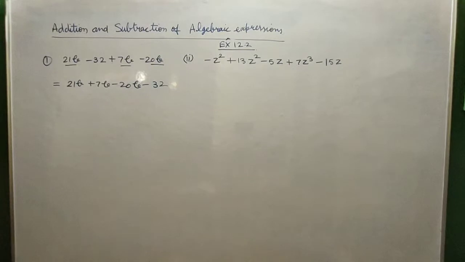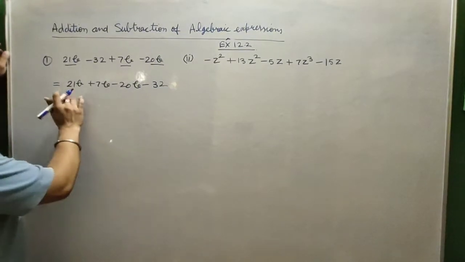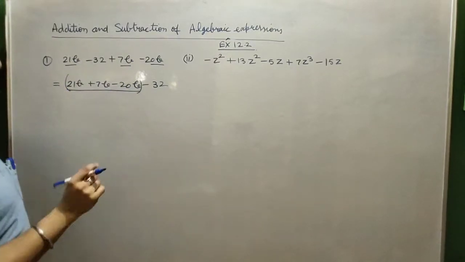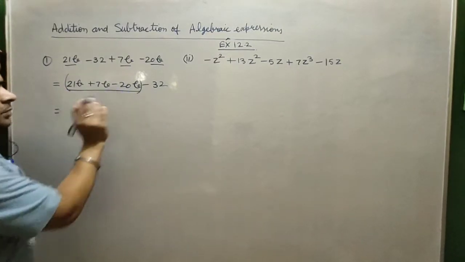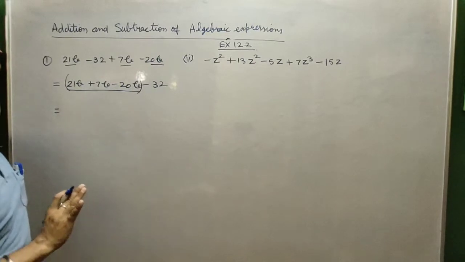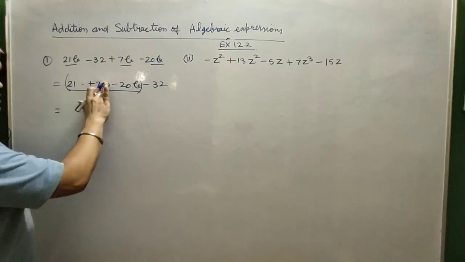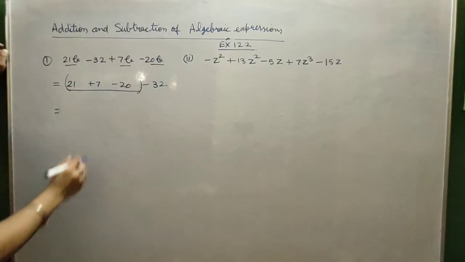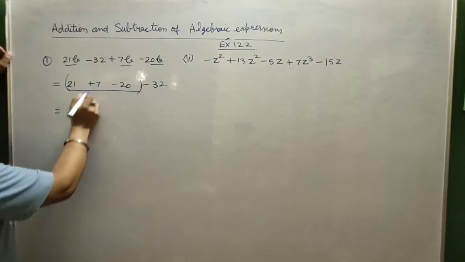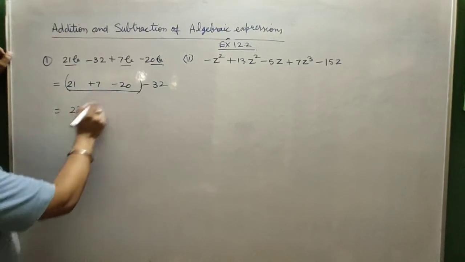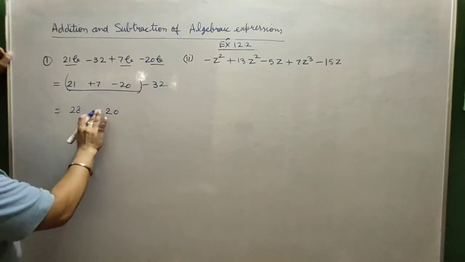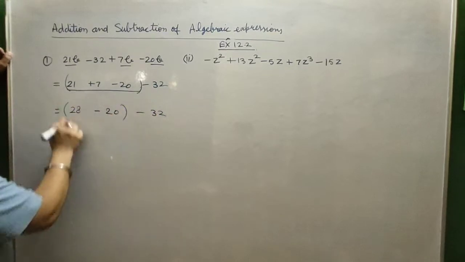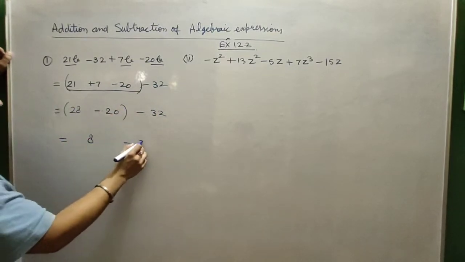This we know. Now, whenever you keep all the like terms together, I am telling you one very easy part. Forget this b for a while. Suppose there is no b, for example. So how will you add? If you see they are both in plus, so what will you write here? 28, right? And minus 32, correct? So what is the answer here? I will write here 8 and minus 32.